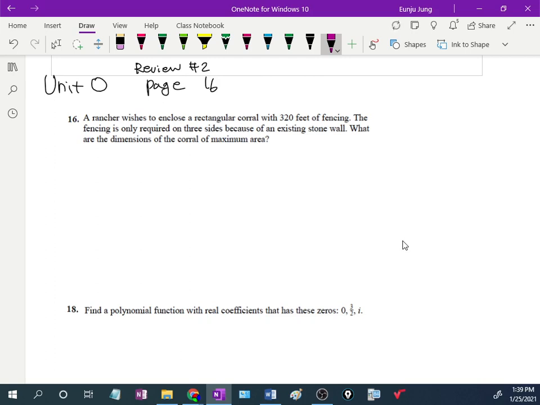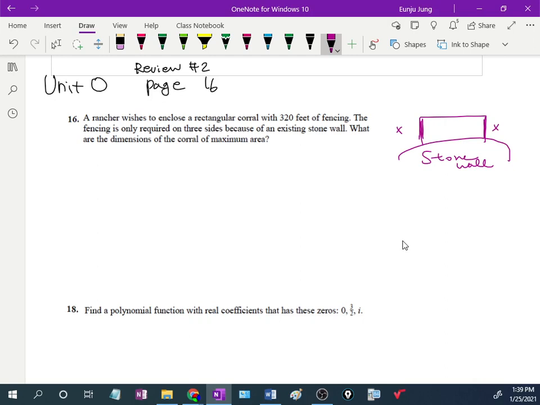Question number 16. A rancher wishes to enclose a rectangular corral with 320 feet of fencing. The fencing is only required on 3 sides. Rectangular. So 1, 2, 3 rectangular here. Okay, existing stone wall. So let's say this is a rectangular shape. So if I go with this as x, and the other will be